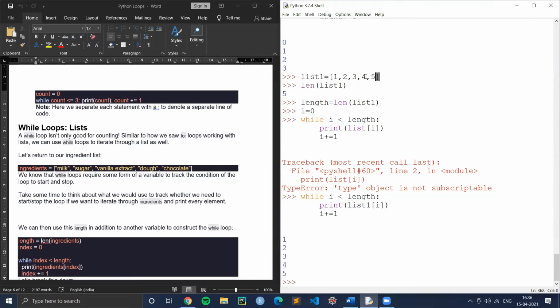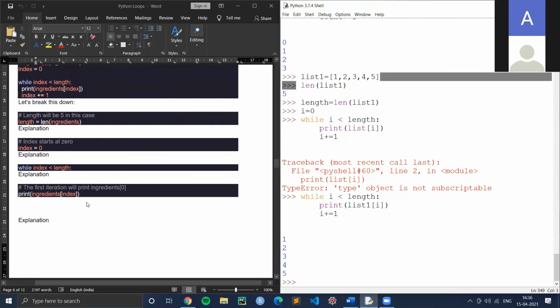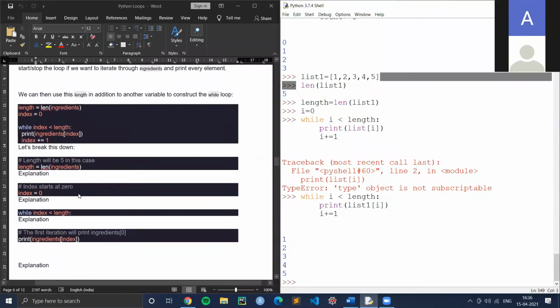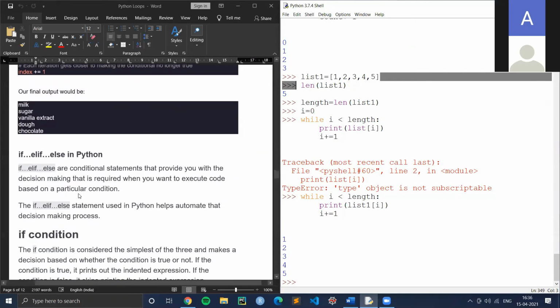You can do this not only using lists, it can also be done using tuples and dictionaries. So I think from yesterday's class, you must be sure what tuples and dictionaries are. If you want, I'll share these notes. They have explained it line by line, so it will be shared in the Google Classroom. Next, because we are running short of time, I'll move on to conditionals now.